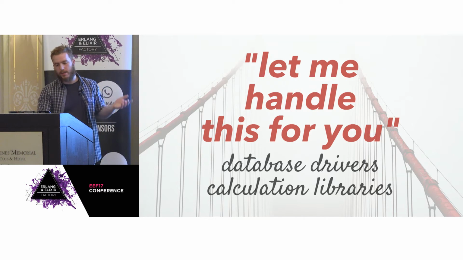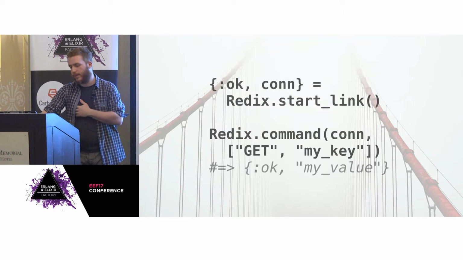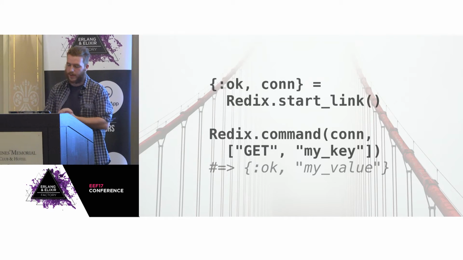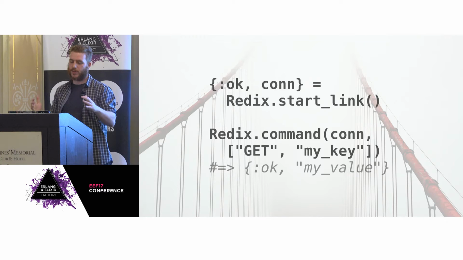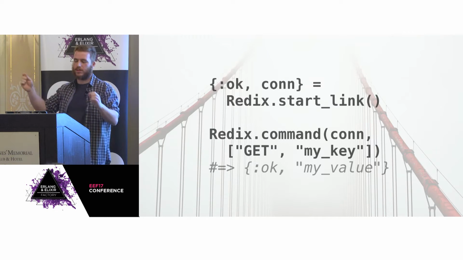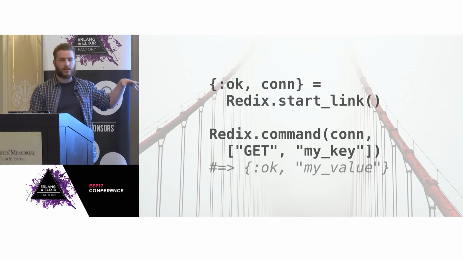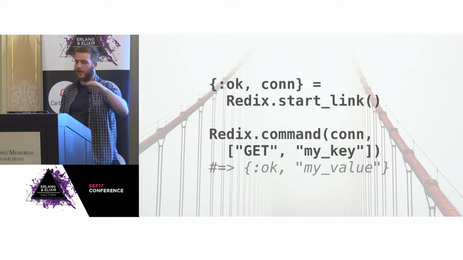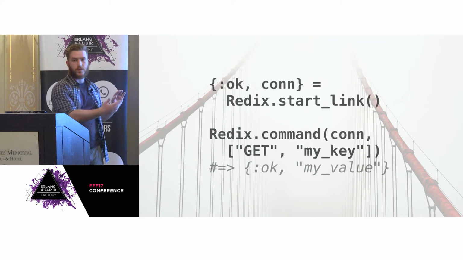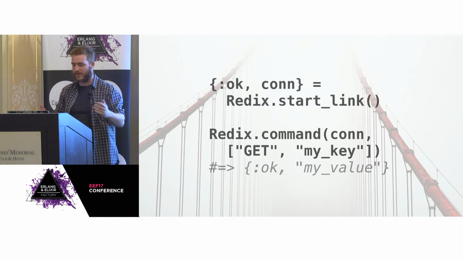And a concrete example of a library that falls into this category that I wrote is Redix, which is a Redis client for Elixir, a Redis driver. The surface of this driver is really, really simple. You can spawn a new connection, which just instantiates a TCP connection with Redis. And then you can issue commands to Redis. And as you can see, it maps kind of one-to-one to what you can do in Redis. Just open a Redis console and send commands and get responses back, basically.